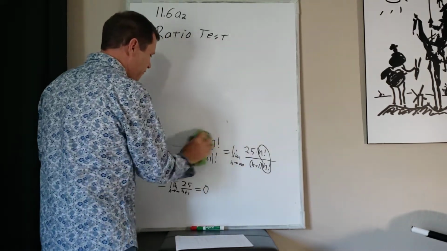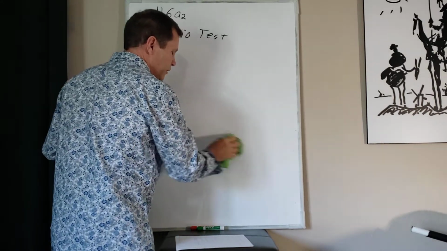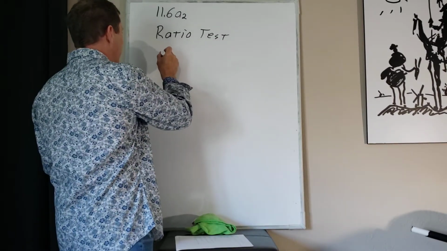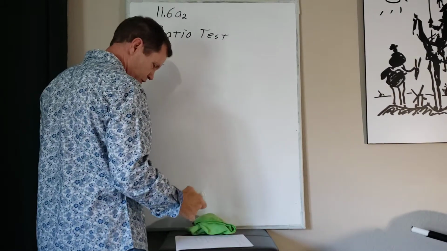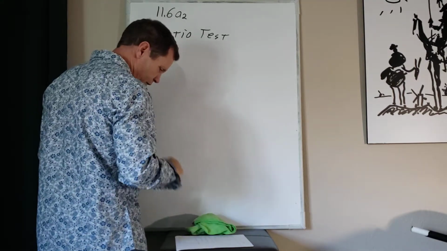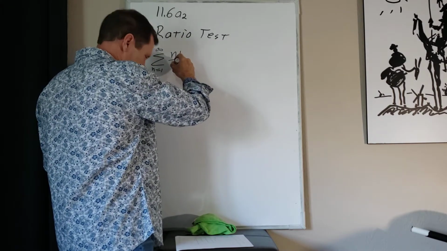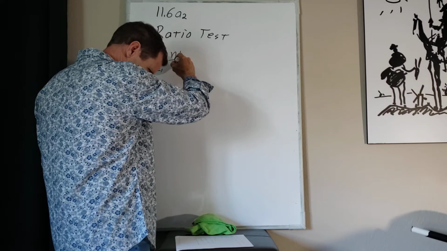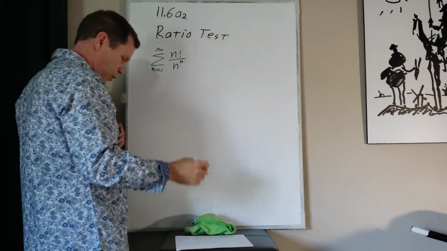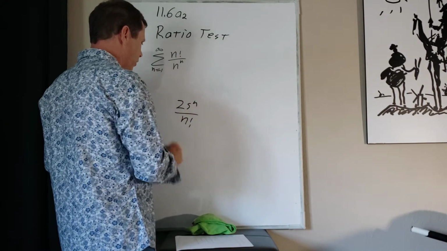And anytime you see factorials, you want to use the ratio test because it works really well with factorials, like we saw here. Okay, now here's a squirrely one. I think you had this for homework, but you didn't have this big hammer to make this guy work out. And we got n factorial over n to the n. Okay, and the last one, what we had was 25 to the n over n factorial, and